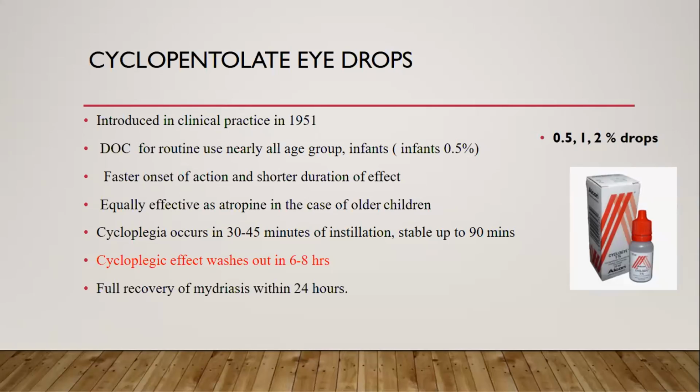That's why you cannot send a patient home with cyclopentolate to instill it at home for 1 or 2 days, the way we do with atropine, because it will not work. By the time they come back, the cycloplegic effect has already washed out. But full recovery of mydriasis occurs within 24 hours. And having mydriasis does not really mean that there is cycloplegia. So it still has some